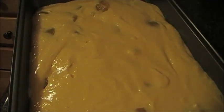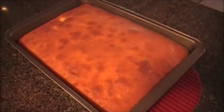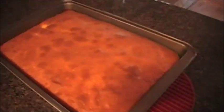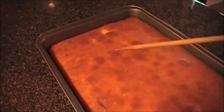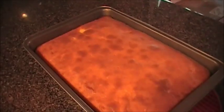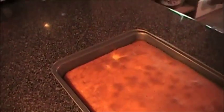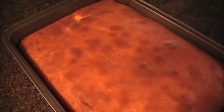Alright, I'll be back. Okay, y'all, I just removed the cake from the oven. I let it cook for an hour and 2 minutes, and then I went ahead with a skewer and checked to see if it was done, and it is. And so right now what I'm going to do, and what you should do, as soon as you take your cake out of the oven, you want to take a knife. Hold on. So I flipped it over, and now what we're going to do is let this sit for about